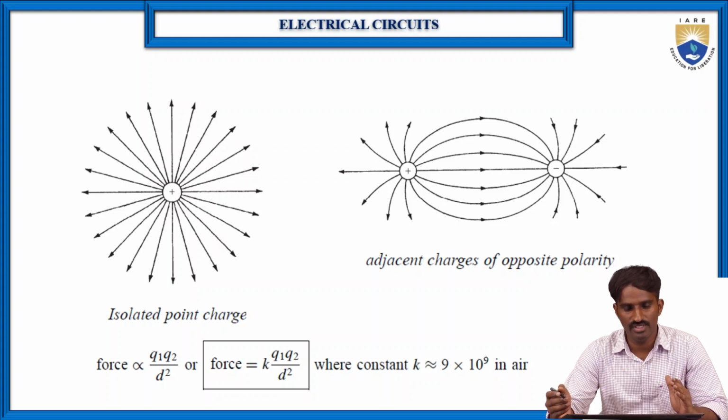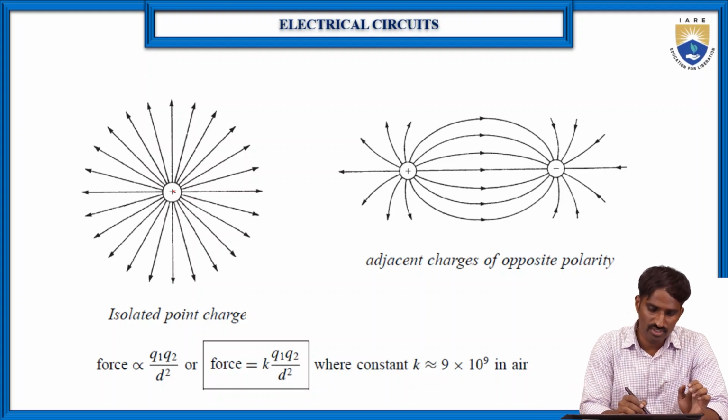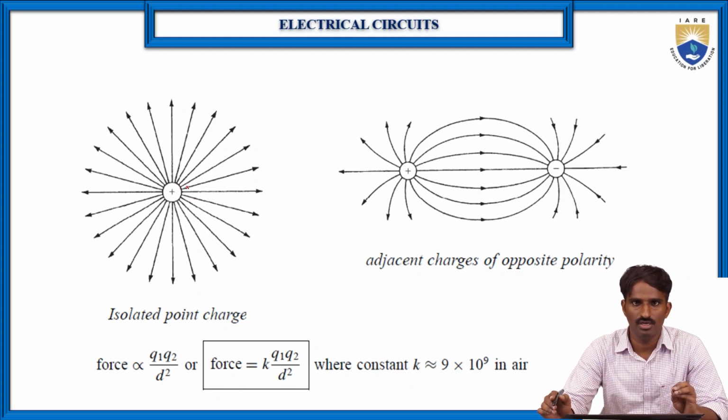If it is another positive charge, then it will move away from that positive charge, and if it is a negative charge, then it will try to move towards that negative charge. Then suppose there are adjacent charges of opposite polarities. Here this is an isolated charge, which means it is trying to look for other charges surrounding it, whether there is any positive or negative charge. If there is a positive charge, it will repel, and if there is a negative charge, it will move towards that negative charge because of the force